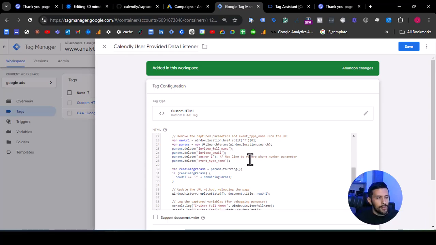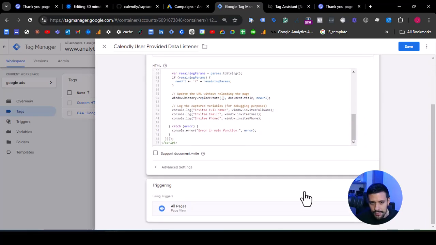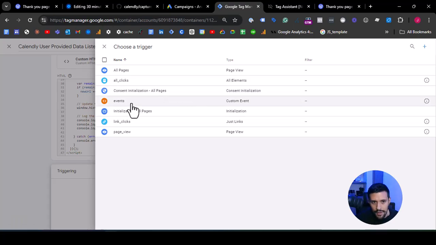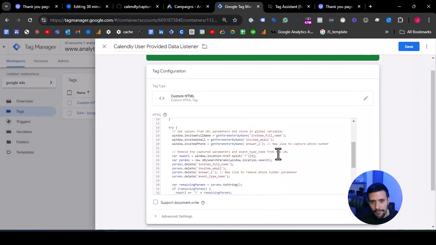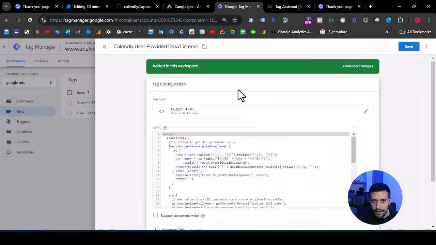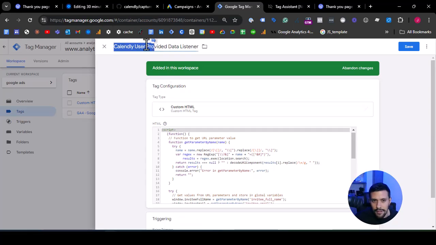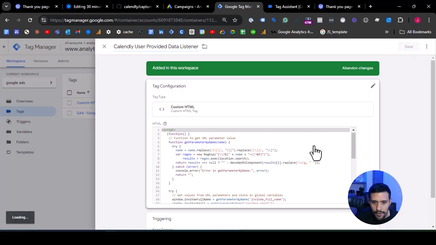So this script will erase the data of the user, sorry, in a safe way. All right. So we can fire this tag at initialization, so it can fire very fast. All right. So let's name this Calendly user provided data listener, and